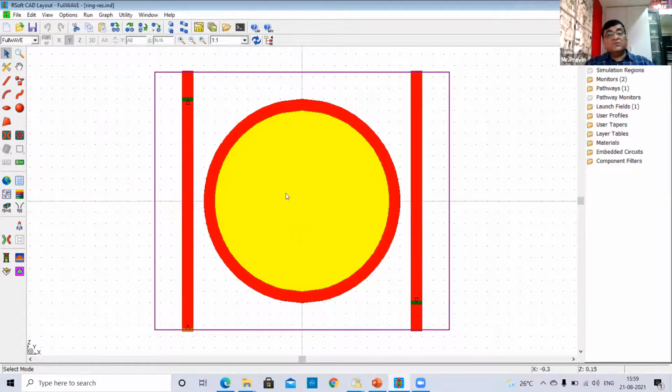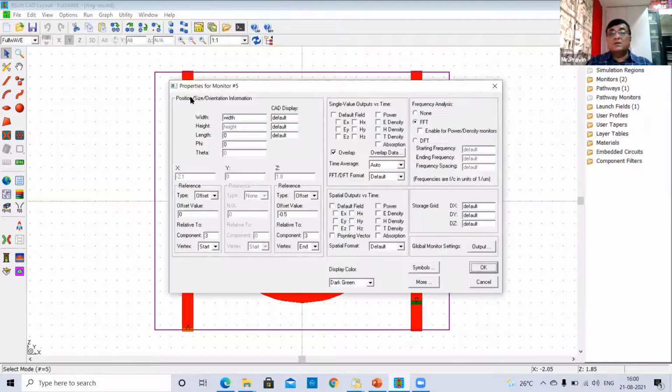Now, in the case of full wave, each of the tools in RSoft CAD will have different monitors and different measurement techniques. Unlike a beam probe, where you have to define the path and put the monitor into it, in FDTD you just have to put the monitor, and there are different types of monitors. If you right click on this monitor, it will have various options for what you want to measure, and you can select your measurement options.